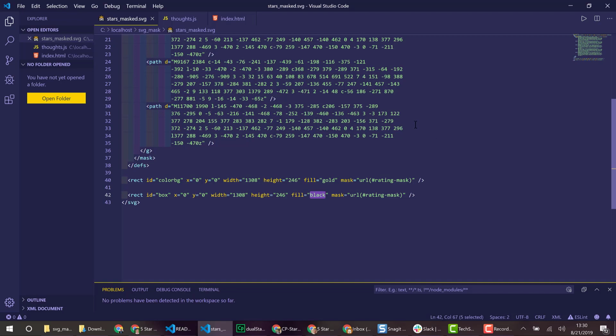And so our goal is going to be, we're going to use some JavaScript and change the size of the black box to make it look like we're changing the color of the stars. But really what we're doing is we're changing the size of one of those boxes that's under the mask of the stars. All right, so enough about that. So going back over to